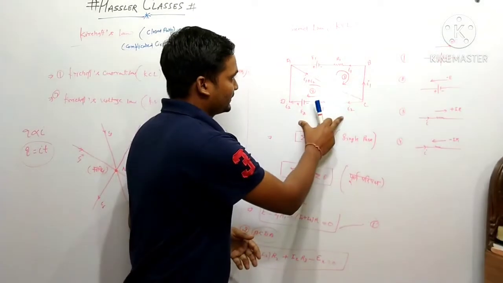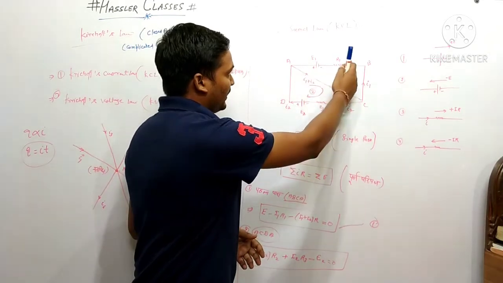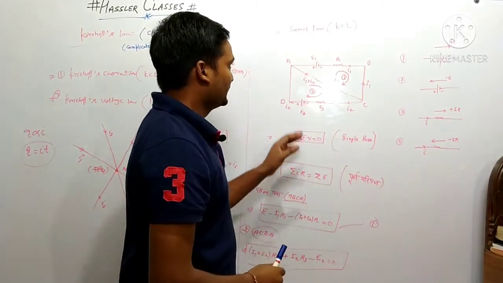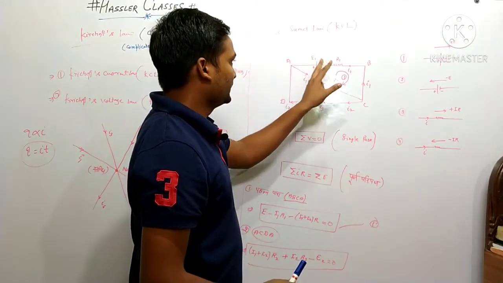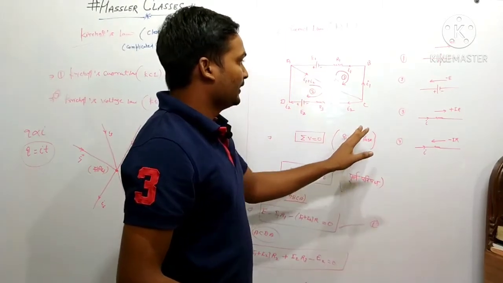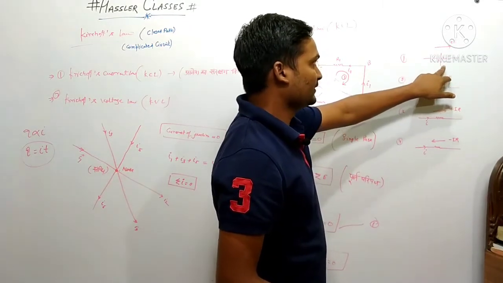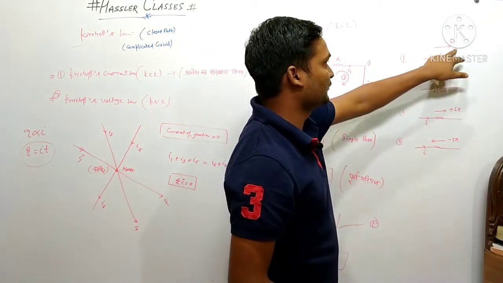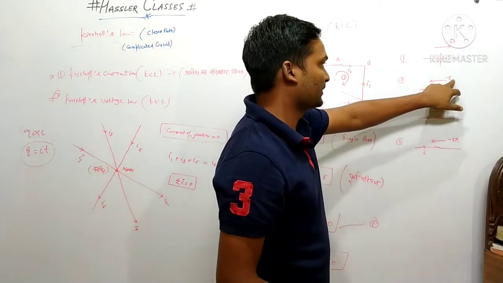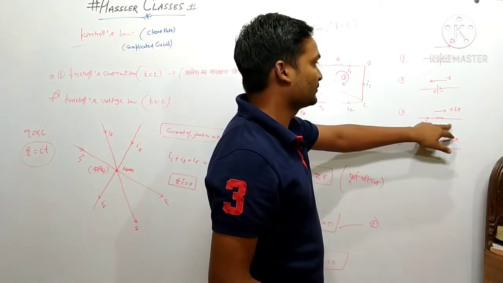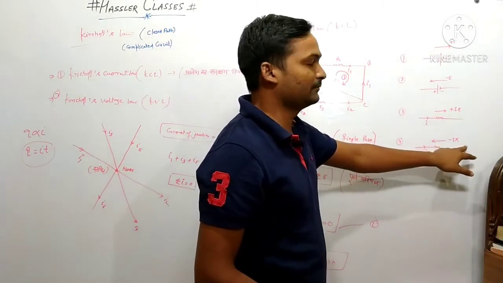Suppose we have a circuit where the current flowing is I1, this is the electrode with voltage E, R1, R2, R3 are the resistances, and this is a closed path. Suppose we have a closed path A, B, C, D, C, A, a closed single path. First we discuss the signs. If this is the plus-minus sign and the current is flowing in this direction, the voltage should be plus. If it is in the opposite direction, it must be minus. So if it goes this way it will be plus IR, and if the current is in the opposite direction, it is minus IR.